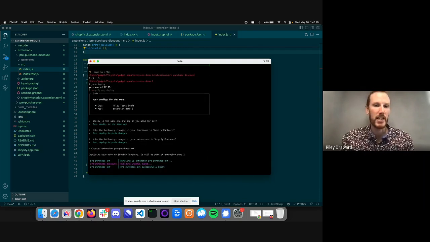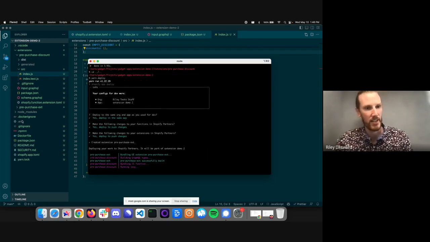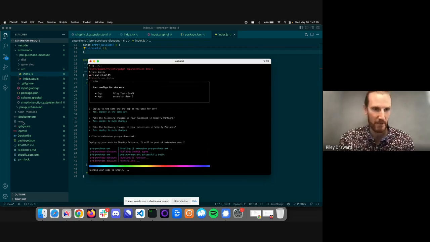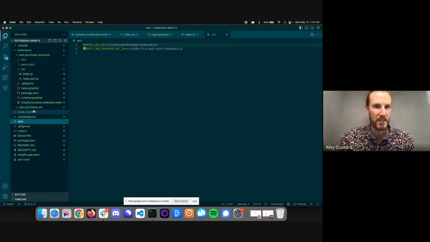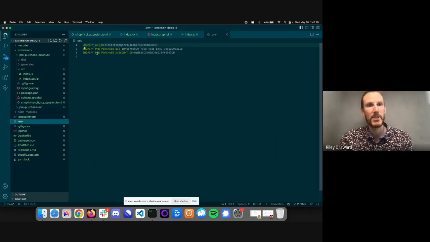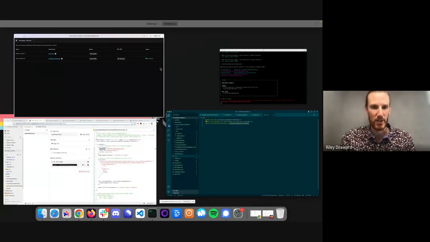And this will generate unique IDs. So you see an env file was added for me. I can go in here, and there we go. So this pre-purchase discount ID is my function ID. That's what I need to copy over